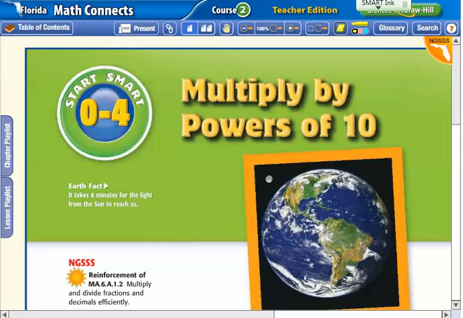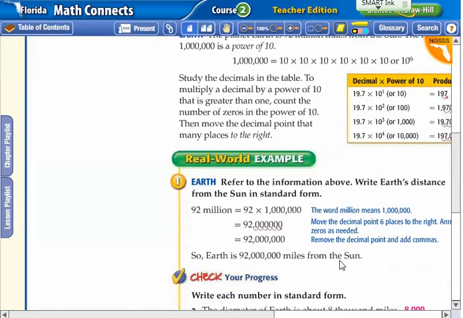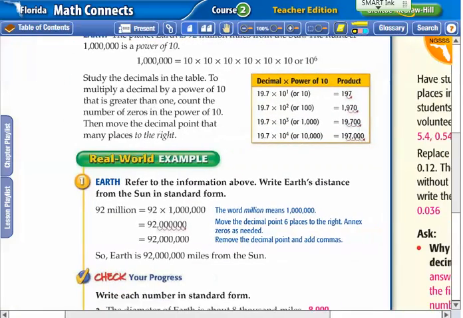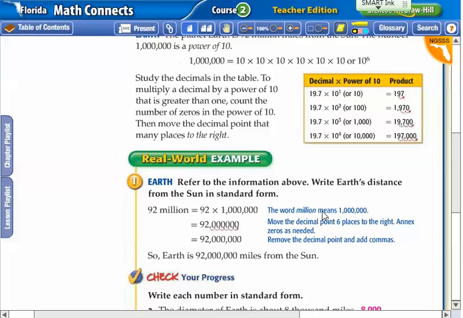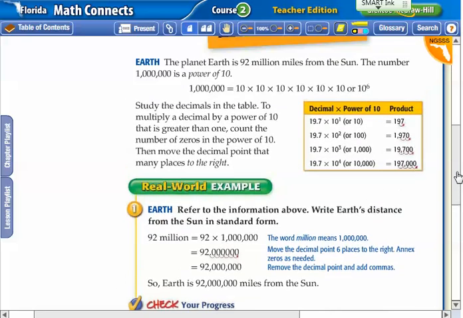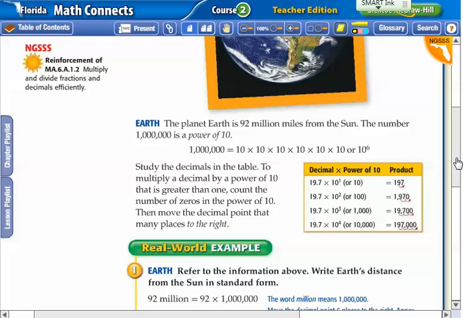So we start off here talking about multiplying powers of 10. Looking at an example here, I'm just going to use the book for you. When you're multiplying by a power of 10, powers of 10 are numbers like 10, 100, 1,000, 10,000. That's 10 to the first power, 10 to the second power, 10 times 10, 10 times 10 times 10. One of the things you want to look for right here,